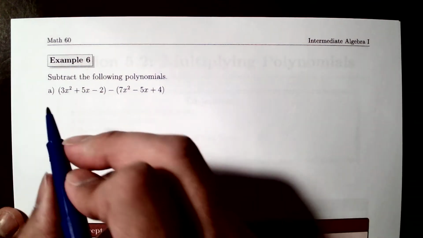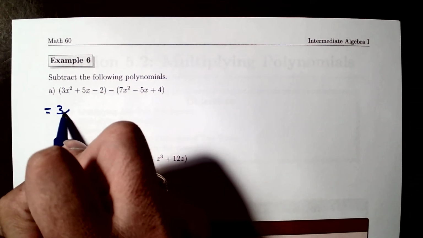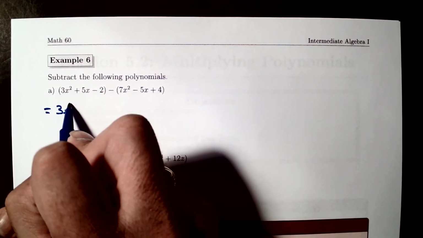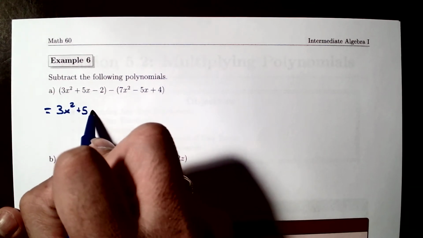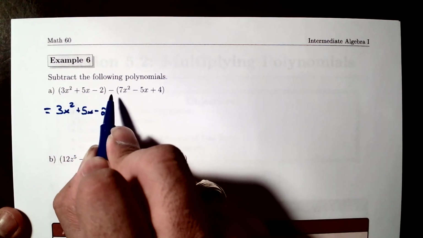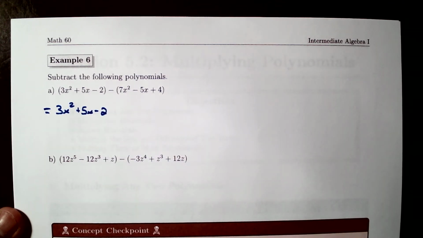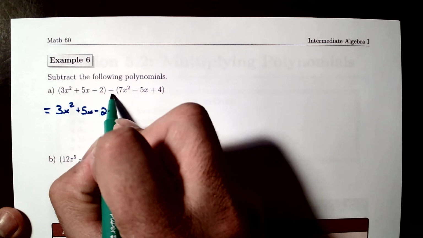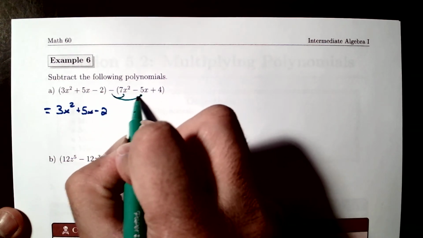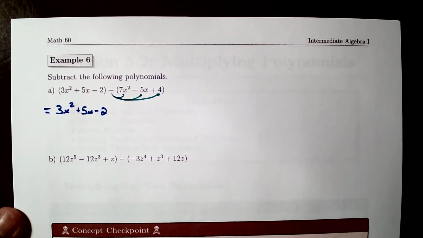That means it's positive. So all we do is simply write it down without parentheses. But when it comes to having a negative in front of it, we are going to use the distributive property